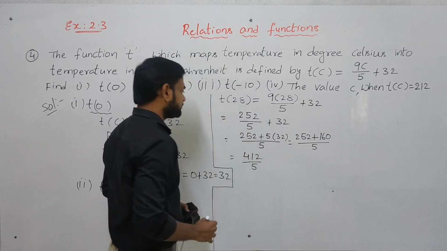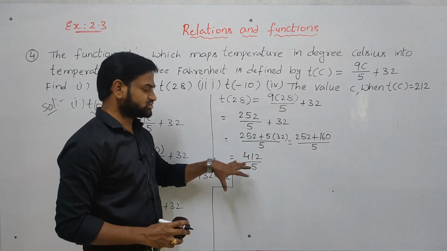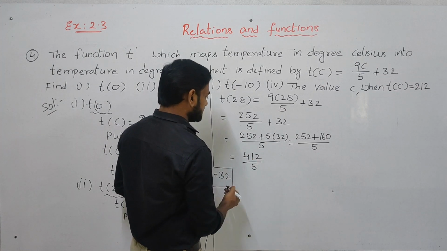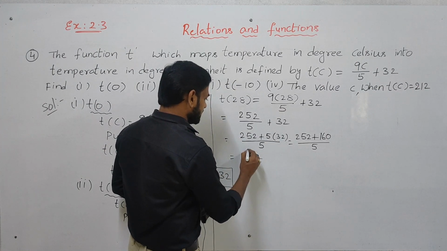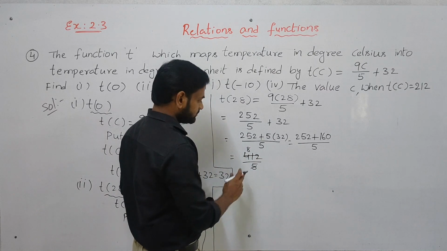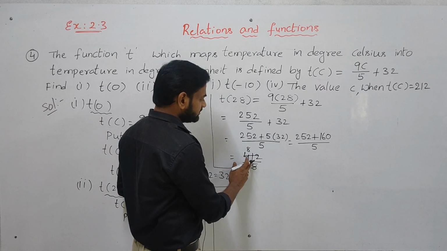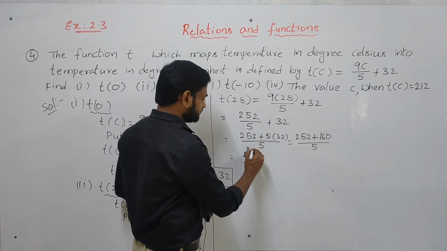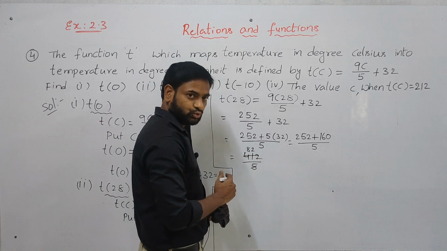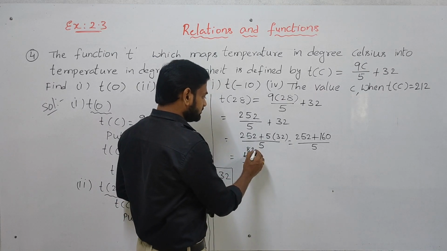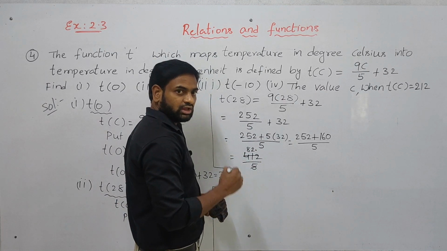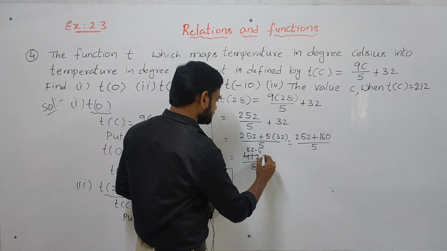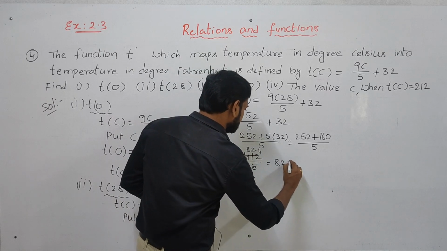So you can keep this like this only, otherwise you can simplify more. How many times does 5 cancel? 5 goes 8 times, that is 40. Now the remaining is 12. 2 times 5 is 10, 2 times. Now the remaining is 2, which is less than 5. Take a decimal point. Now 0 will be added, that is 20. That is 4 times. That is 82.4.